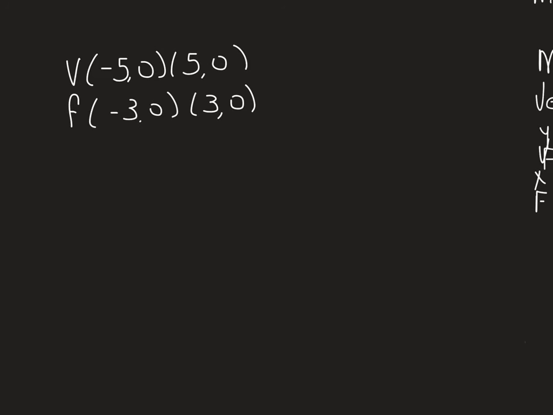All right. Here I have some vertices and foci, and I want to find the standard form of the equation of this ellipse, and then I want to graph the ellipse. So let's see. I'm going to go ahead and graph a little bit here. If we have (-5, 0), this tells us that this is going to be 1, 2, 3, 4, 5. This is going to have a horizontal major axis. So it's going to be in the form x squared over a squared plus y squared over b squared